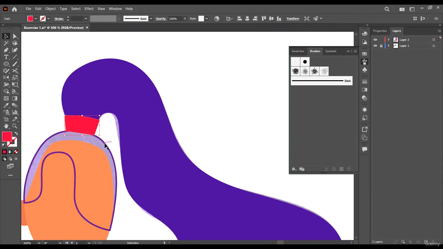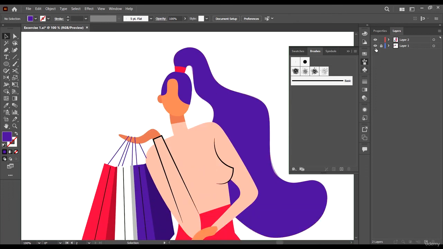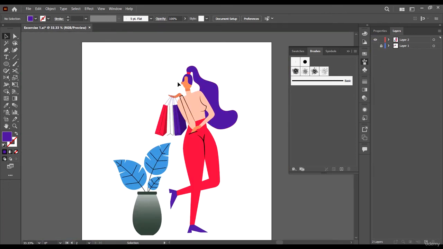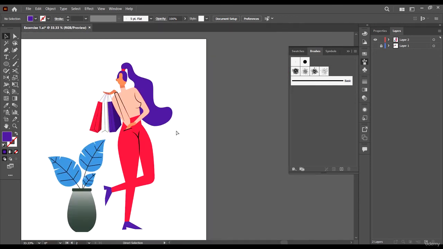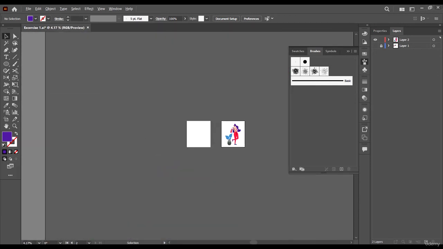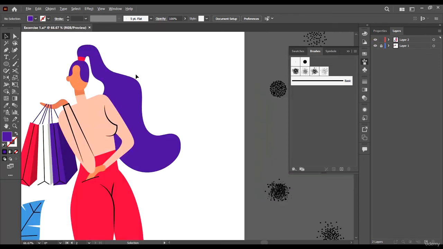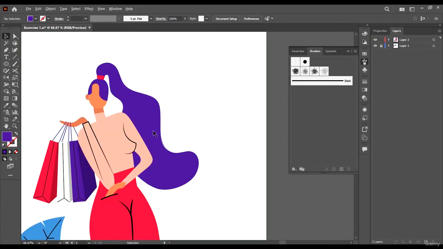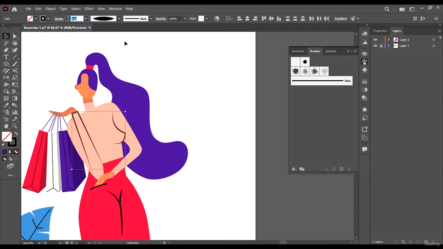Select Shift X, select Shift X, and if we just hide our layer here, you can see that we have achieved our drawing. You can compare it with what we have here, and maybe these strokes should be a little bit thicker. Okay, so boost up the stroke by 1,